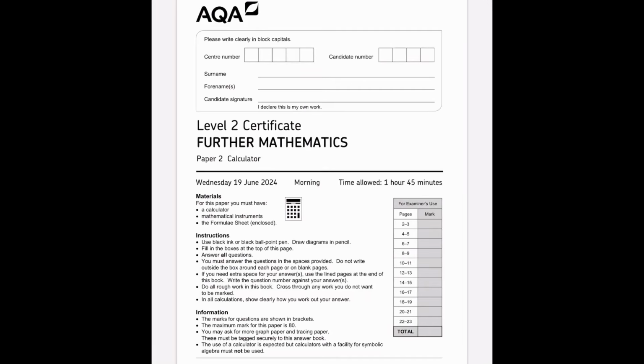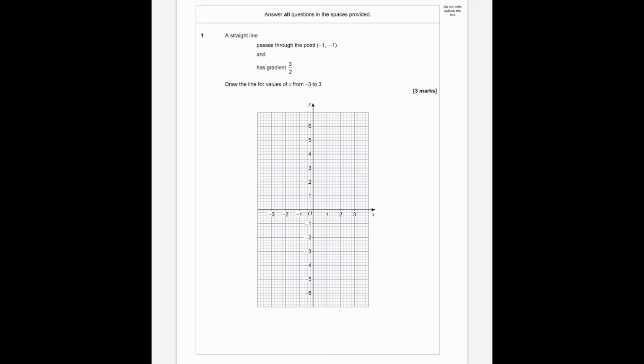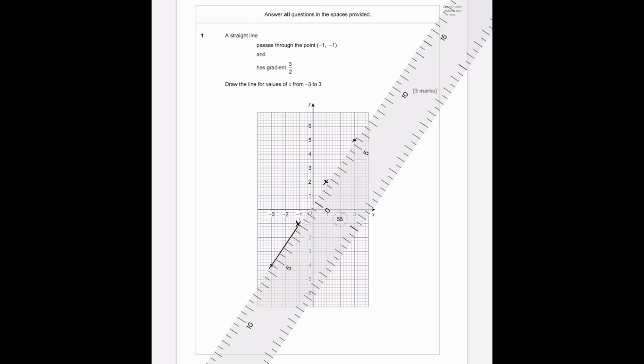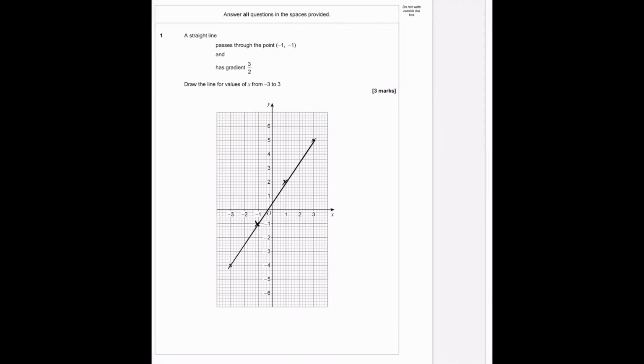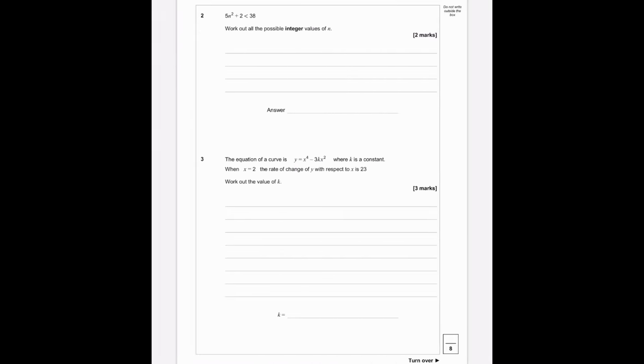Okay, this is the AQA Further Maths GCSE, the level 2, paper 2 calculator paper from the June 2024 series. Right, question number 1, fairly straightforward, that's 4 points, draw a line through them. Question 2,